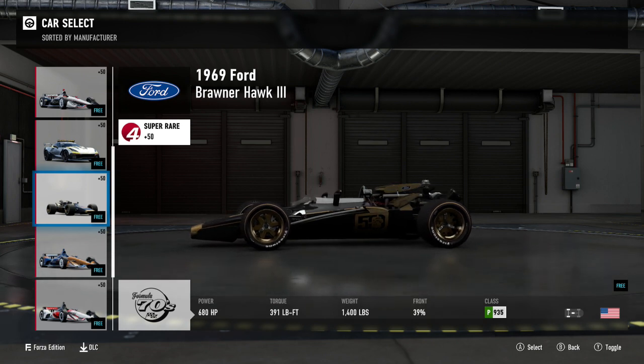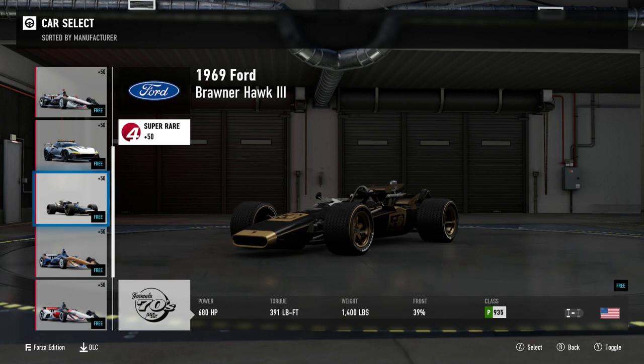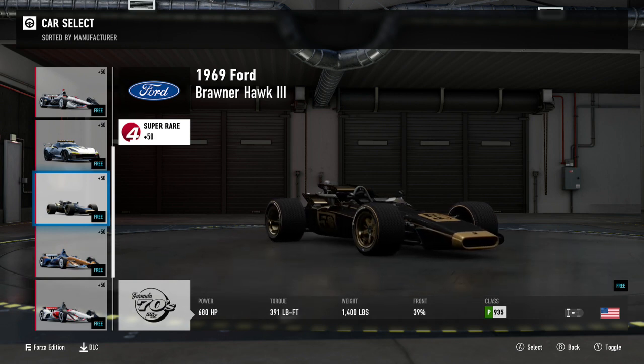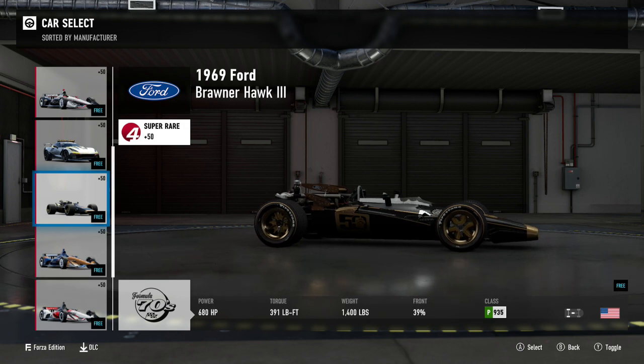As far as I can tell, I did do some research on this one. Essentially, this was sort of a botched together car that was switched to halfway through a season, and it proved to do very well indeed. One difference between this and the Forza Motorsport 6 incarnation of this car is that it does actually have a different livery,